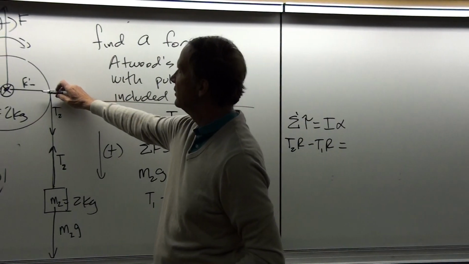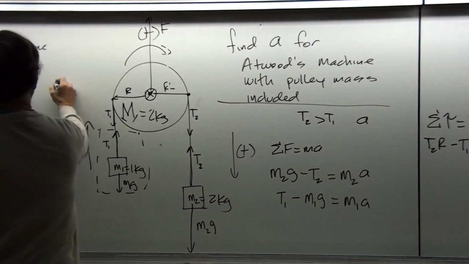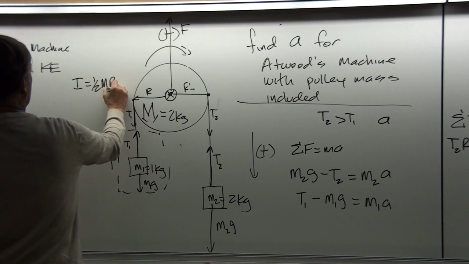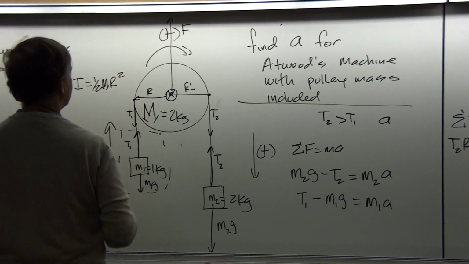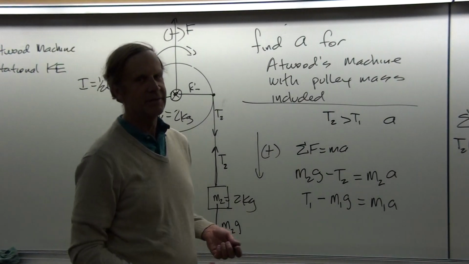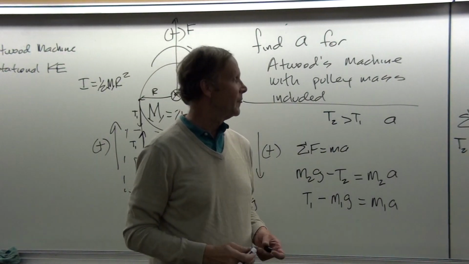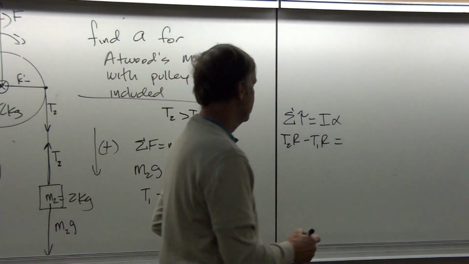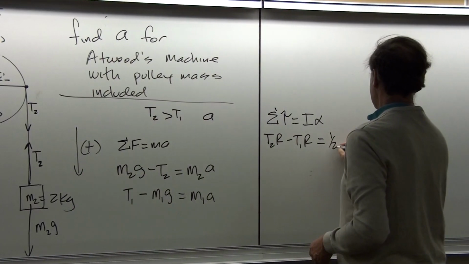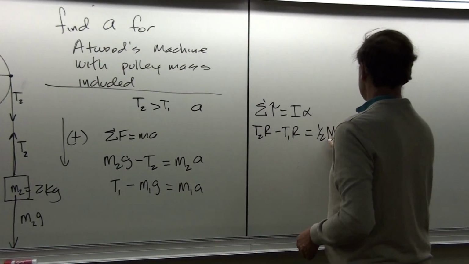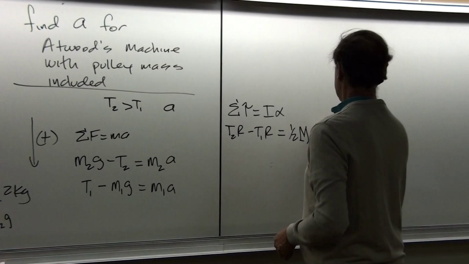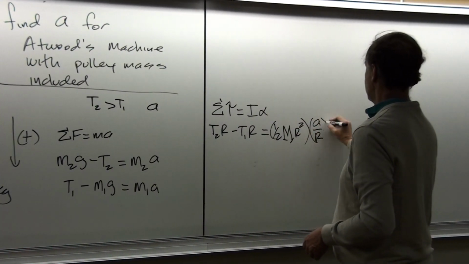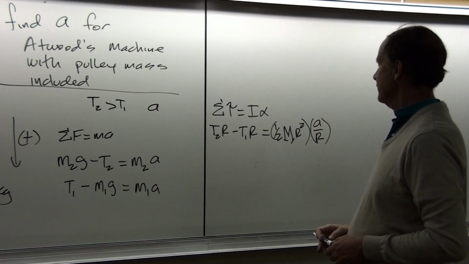Remember, that's the moment of inertia of the pulley. Let's once again assume that the I is a cylinder, or 1/2 mR squared. You might be wondering, is it ever not a cylinder? The answer is yeah, lots of times, most of the time. But a cylinder is a nice, easy shape for us to work with. So this is going to be 1/2 the mass of the pulley times R squared times alpha, which again is A over R, for the same reasons as discussed earlier.